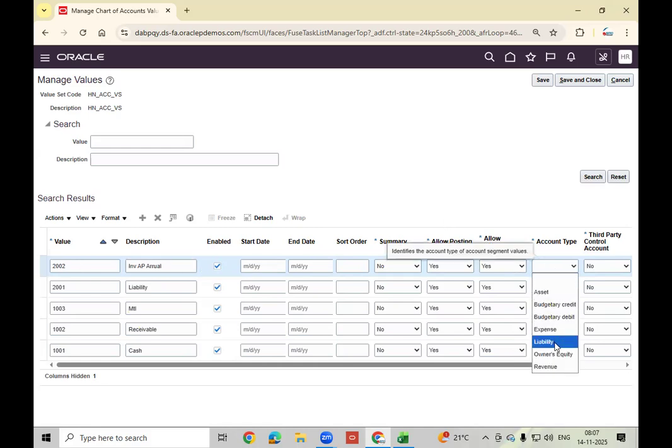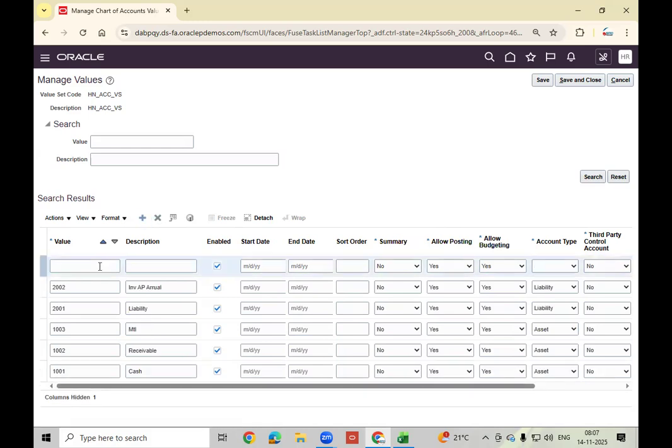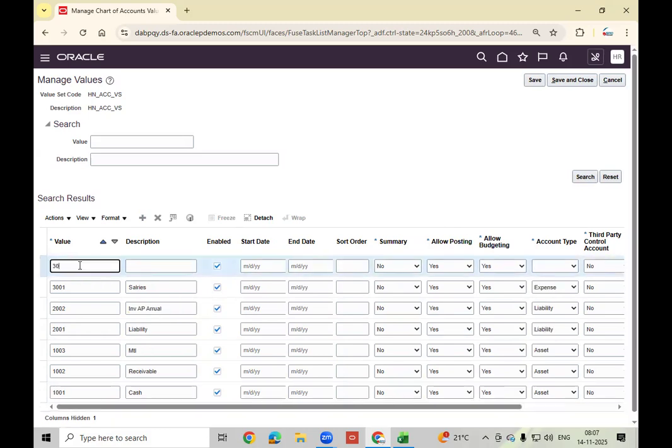It is also liability, but it's not a real account. 3001, salaries. It's an expense account, right? 3002, rent paid.